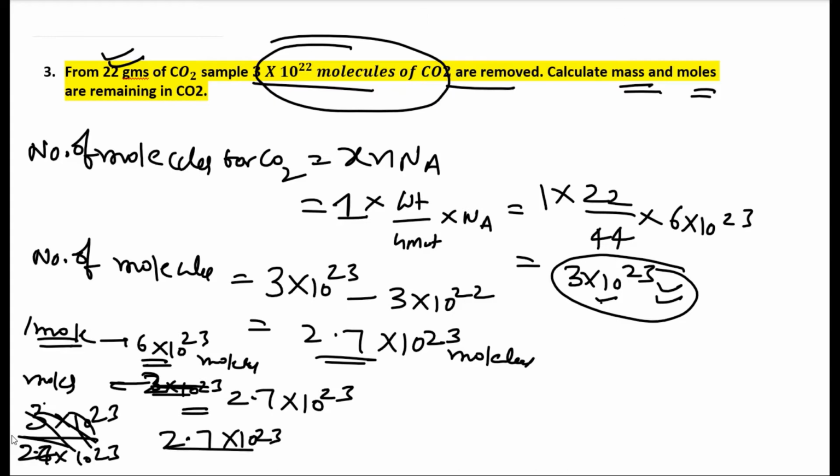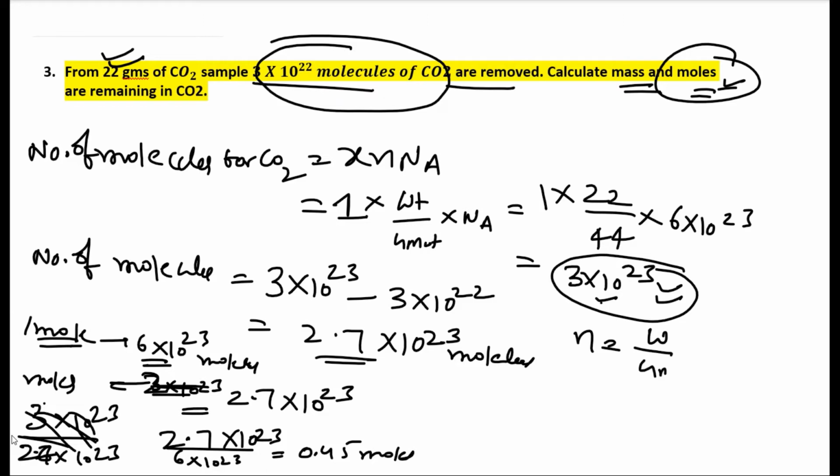So the first part is completed, and the second part is completed. Moles we calculated, as usual, very easy. If you know the number of moles, it is very easy to calculate the weight also. Mass: N is 0.45, and weight we have to calculate now. Weight by 44, the gram molecular mass of CO2 is 44. Then the weight of the substance is 19.8 grams. So this is the problem explanation. Hope it is clear. Let's go to the next problem.